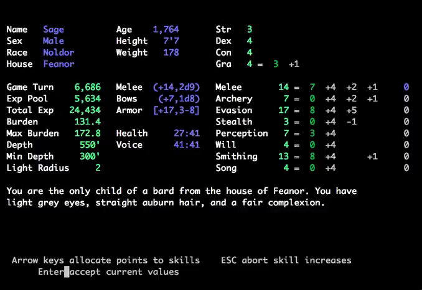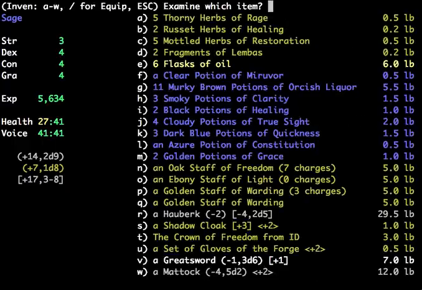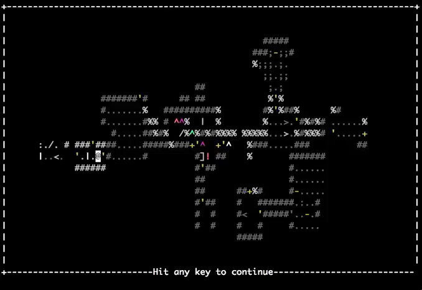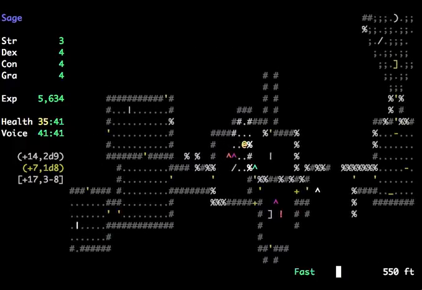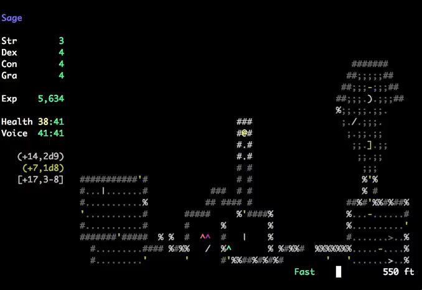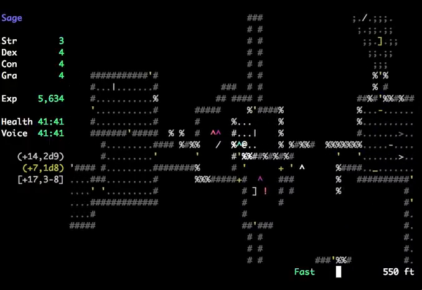And that's a fair amount of experience to be pulling. If you look at the amount of points he's bought at this stage in the game, it's very, very minimal. I think his highest skill is 8 points invested. And one of those is smithing, so...